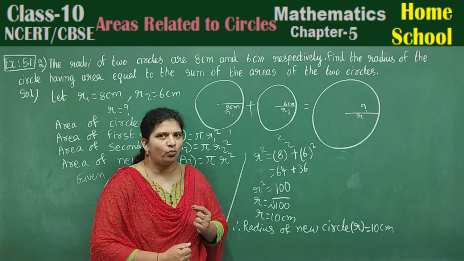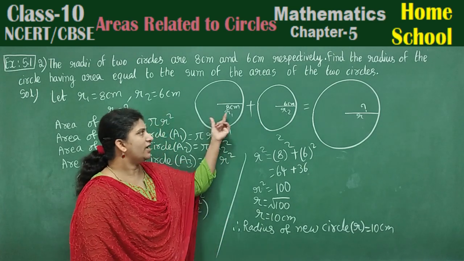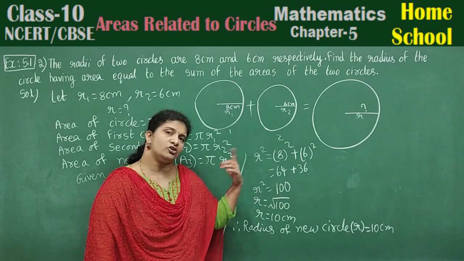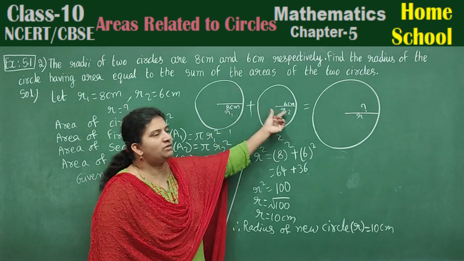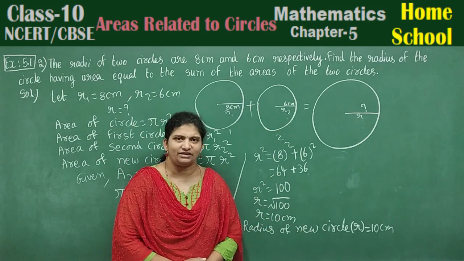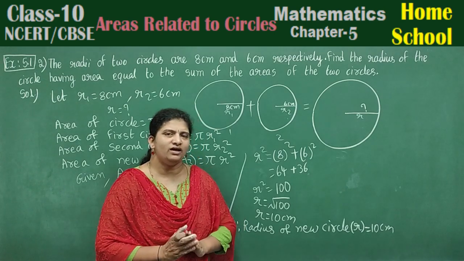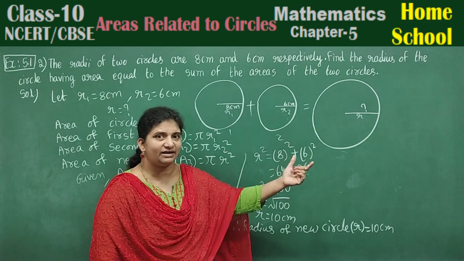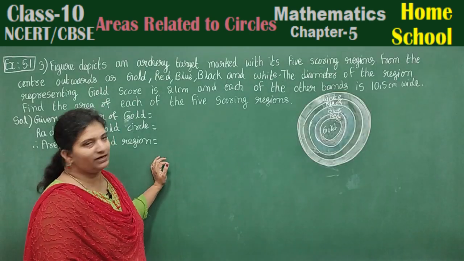Most of the children will make one minor mistake. Please observe that and avoid that mistake. That is, if two circle radii are given, what is the third circle radius? Either we may deal with the area or circumference of the circles. Most of the people, what do they do? Adding the radii. 8 plus 6, it will be 14. Therefore, the new circle radius is equal to 14 centimeters. They will write that. But please don't be in a hurry like that. Just apply the formula. It will be very easy. Similarly, when circumference is given, they add the two radii and say that is the radius. Please don't try to do like that. Your problem goes wrong.